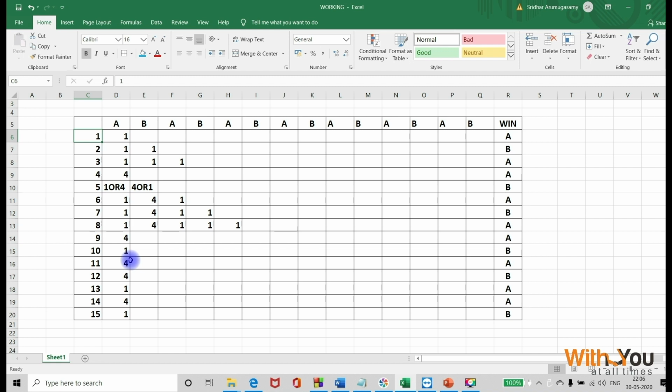Okay, pick up the modulo. What can be the modulo? Modulo can be 0 or 1 or 2 or 3 or 4. If I divide my number by 5, the answer would be 0 or 1 or 2 or 3 or 4. Now, who are the people who will have 0? These are the guys who will have 0. Let's get the remainder.